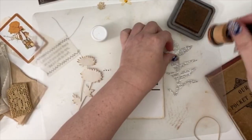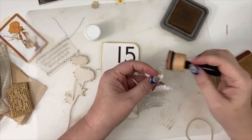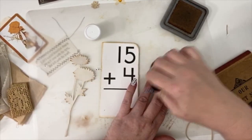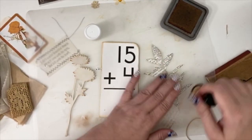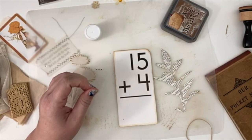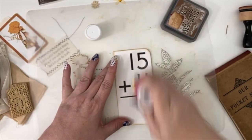I was going to try to ink this up. It's a dictionary page, so I think it's going to be a little difficult to ink up, but I'm going to try to ink it up a little bit at least. I still want it to be a little bit white. Okay. I don't know if I want to use decoupage or just glue stick. I think I'll use glue stick to begin with, and then I think I'll just put a layer of decoupage